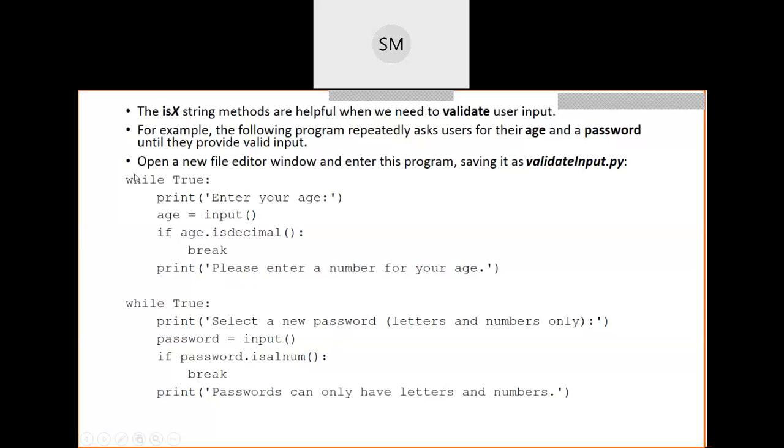Okay, so in this first while loop, what we are doing here, we are printing one statement, enter your age. So obviously user will enter the age from the keyboard, and it will be in the form of a string, because the input function is receiving that input. Whatever he has entered, even though he has entered it in the form of integers, it will be received as a string only. That value will be stored in the variable age. Okay, so if that age dot is decimal, if that string contains decimal numbers only, then the condition is true, then the break will be executed. It means that